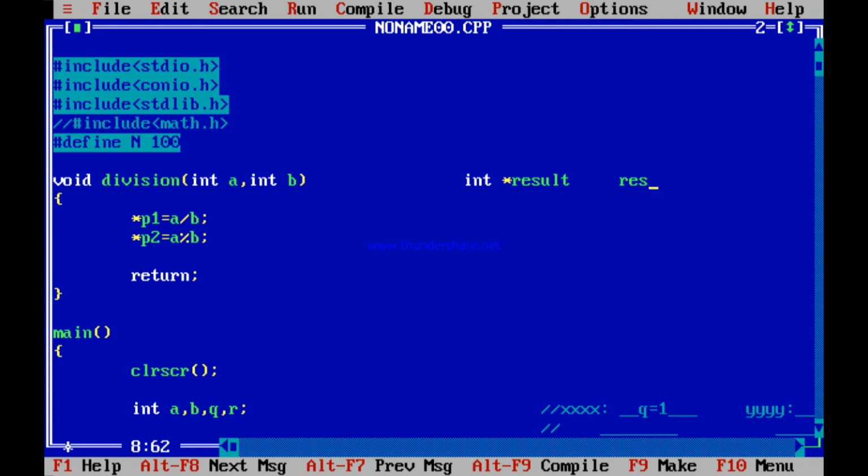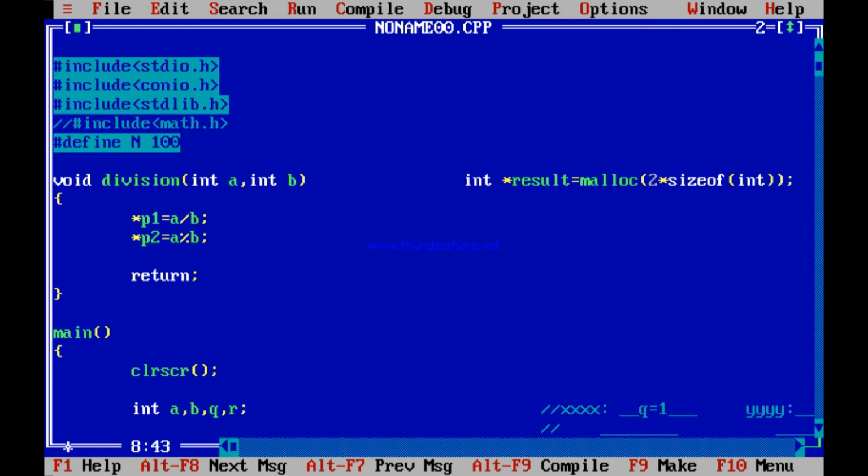So what you do after that is, for that pointer int star result that you declared, you allocate space for two integers, that is malloc 2 into size of int. This is another way of doing it. You declare two integers with a malloc.